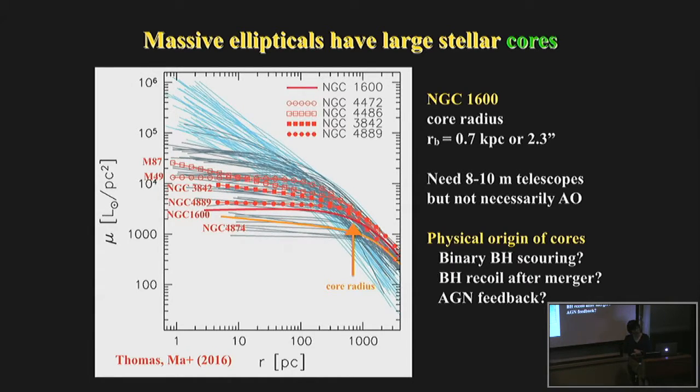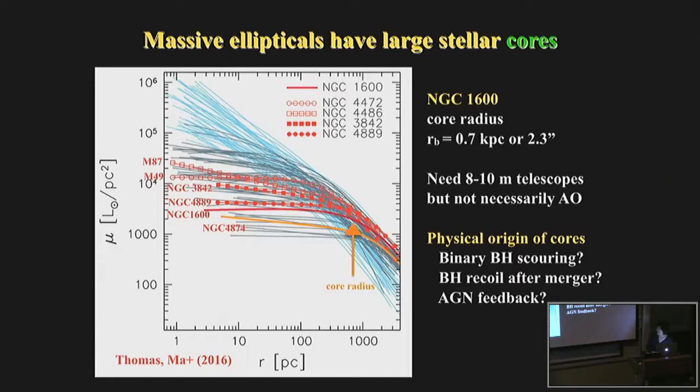So we use either adaptive optics or natural seeing, at about 0.4 arc seconds or so, which can actually resolve these spheres of influence here. Okay, again, I don't want to go into details of the origin of the core. I think that by itself is a very interesting question. One leading candidate is binary core scouring, black holes kicking out stars on radial orbits through slingshots to get rid of these stars. And I think AGN feedback is another way to explain why these galaxies have such a diffuse core. But I think these measurements will help constrain these different models.